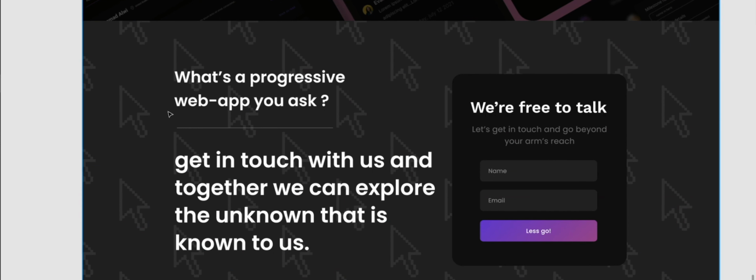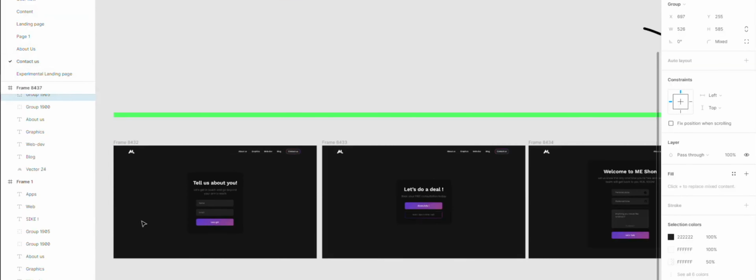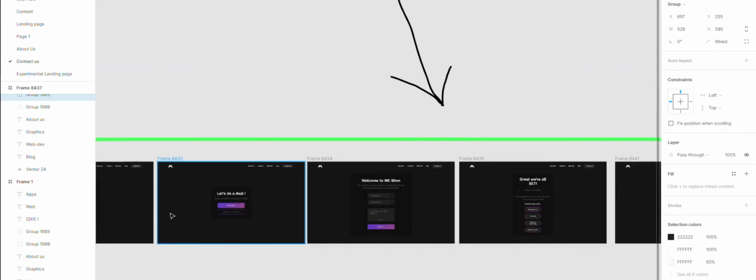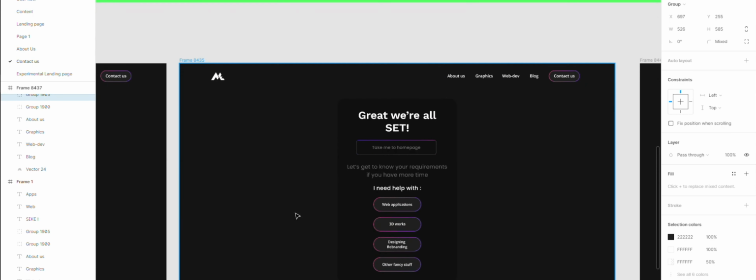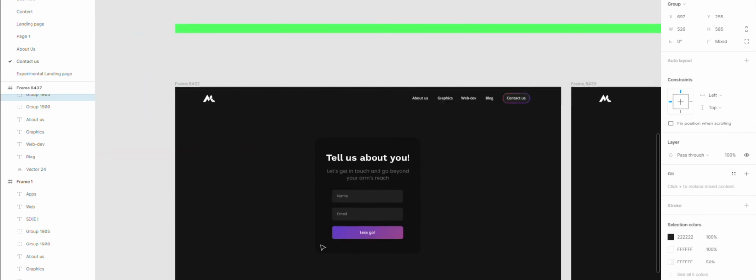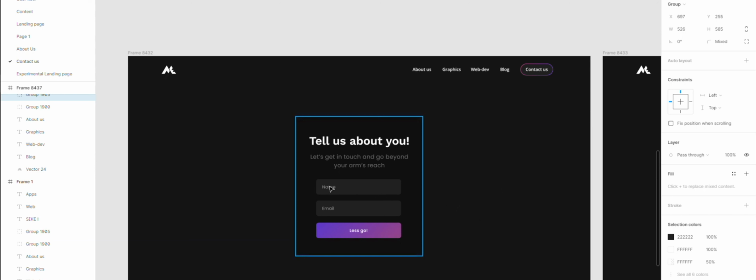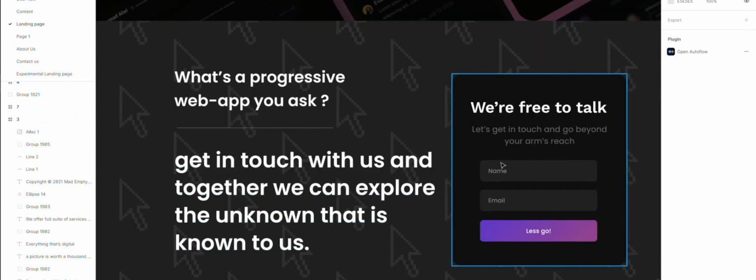Hit that, and it's gonna take you to, basically, you hit let's go, the same thing that day I showed you, right? This one, this one, this one. So basically the flow is like, the user enters the name and email over here. He hits the let's go button, and